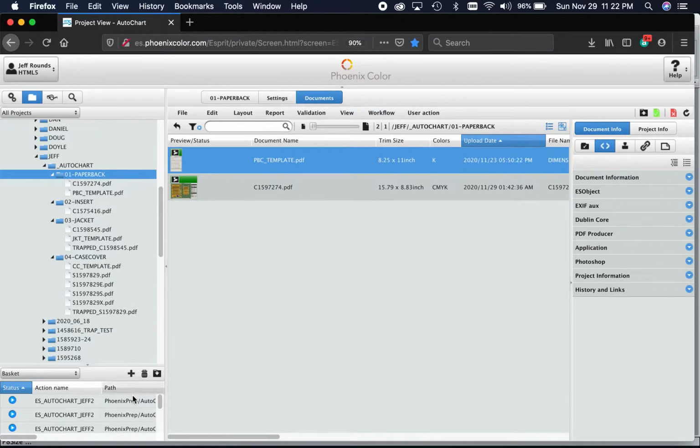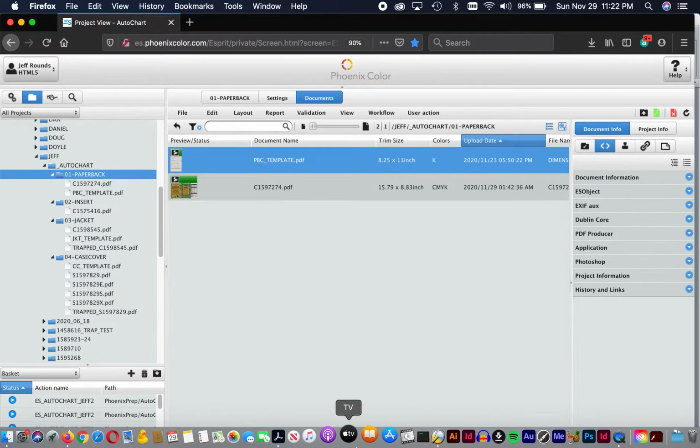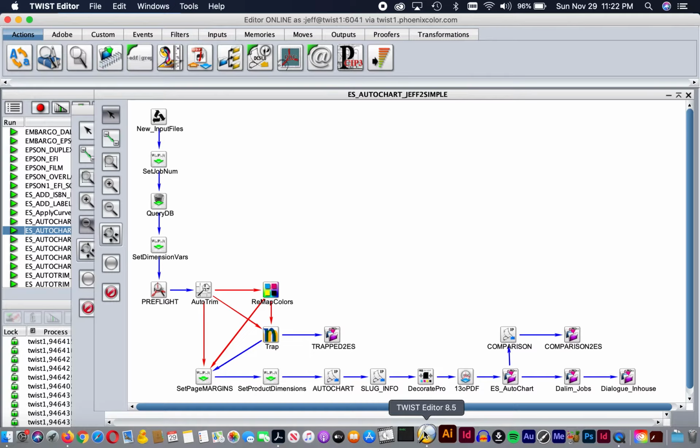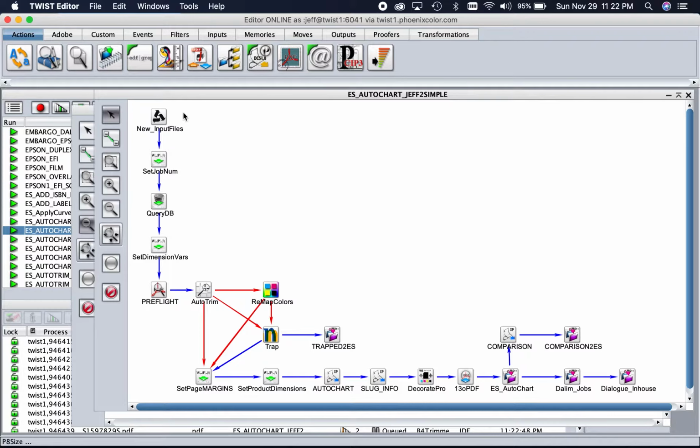basically while these are going through, let me switch over to the actual workflow so you can see a simple version of what exactly is going on. Well, the file comes in, and based on the job number and any suffix, that job number gets married up with variables that are found in our database. So it matches the job number up to database variables, and based on those variables it sets the dimensions. So the back flap based on the type of product equals a certain dimension. All those dimensions are